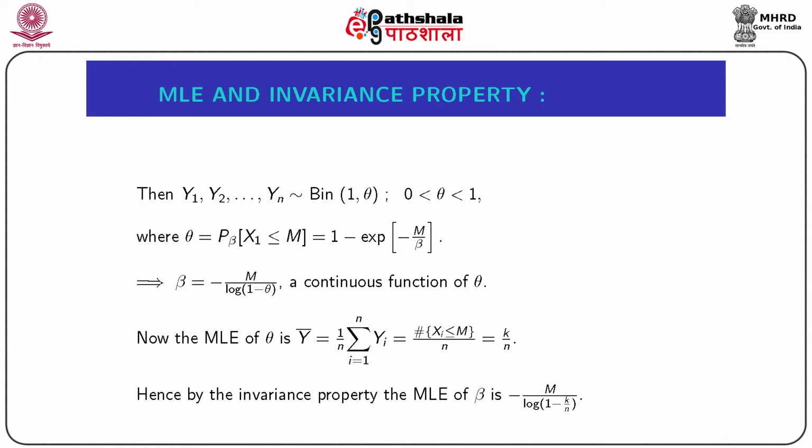Now, from the given data, we know that the number of sample observations xi which are less than or equal to M is k, and that is why the sample mean y bar equals k by n. So, automatically, the maximum likelihood estimator of theta equals k by n. Hence, by the invariance property, the maximum likelihood estimator of beta will be minus M divided by log of 1 minus